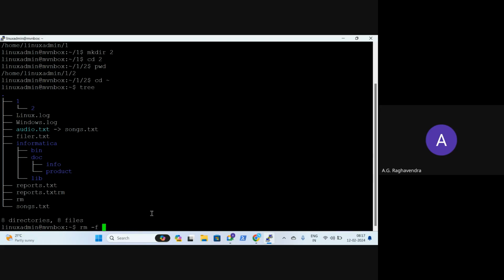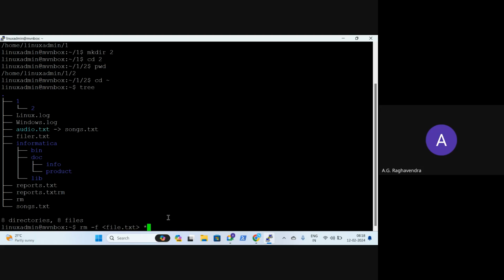Or if you want to delete multiple files, you just give a star. So deleting a file is quite easy. Usually we use rm -f, force, and the name of the file. That's one way, or you can also give a wildcard. Now wildcard means everything.